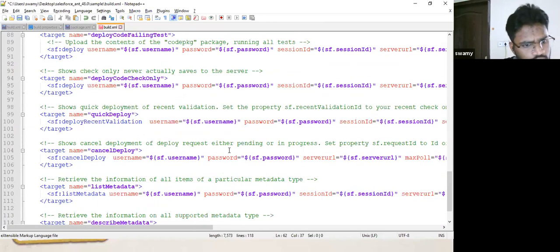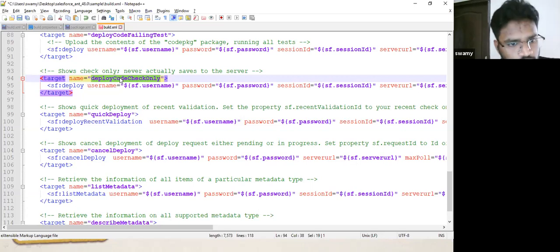Deploy code check only. I can't see it. Okay, here it is. Deploy code check only. This is also one of the important commands. It comes in handy when you are deploying something in production, because you have to run all the test classes at that time. And believe me, running the test classes for your org is a very cumbersome task. It takes a huge amount of time.